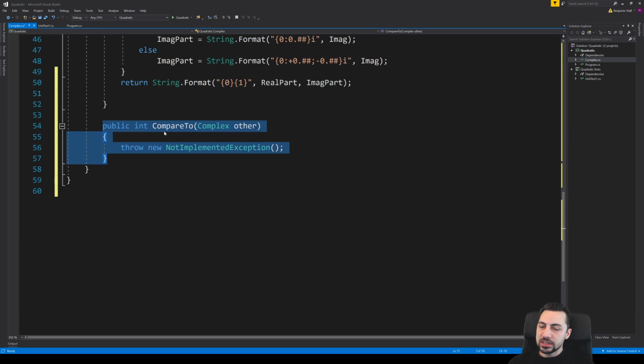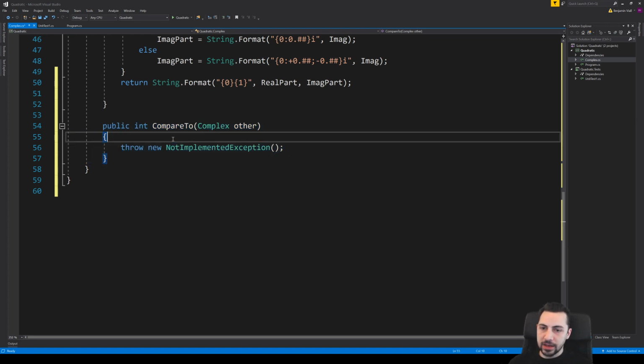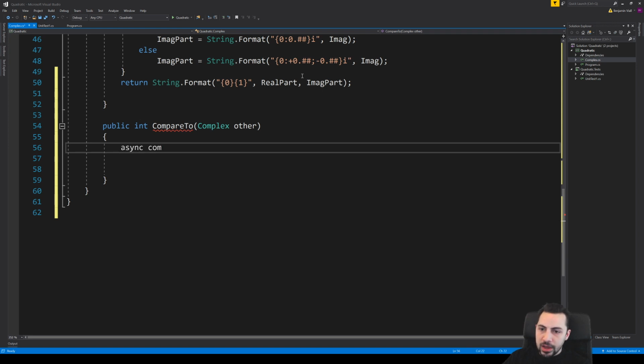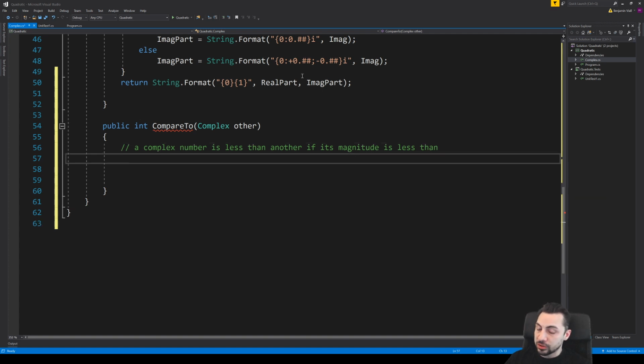So we have to decide how to compare two complex numbers to each other. The question is, how do you compare a complex number? For my purposes, I'm just going to say a complex number is less than another if its magnitude is less, so if it's closer to the origin.